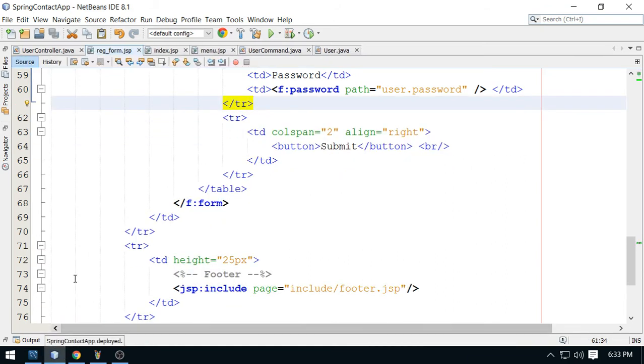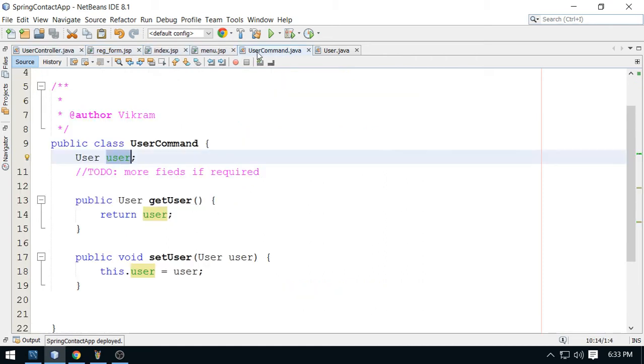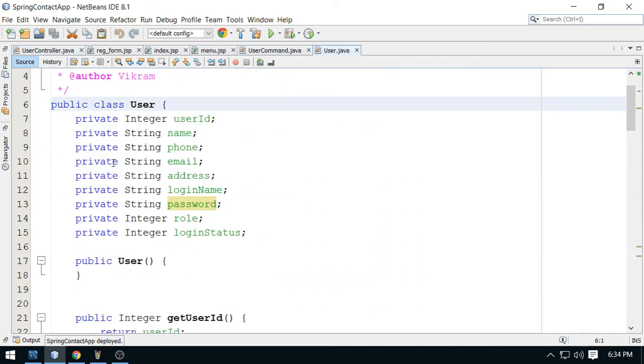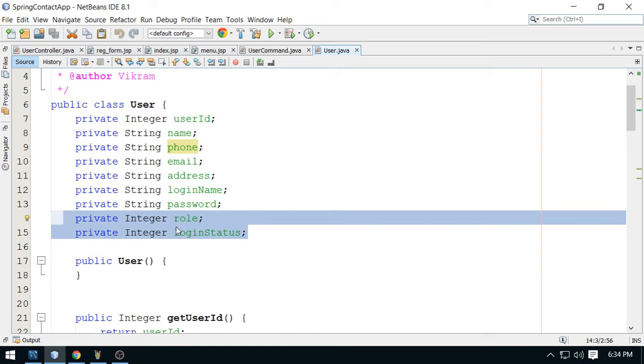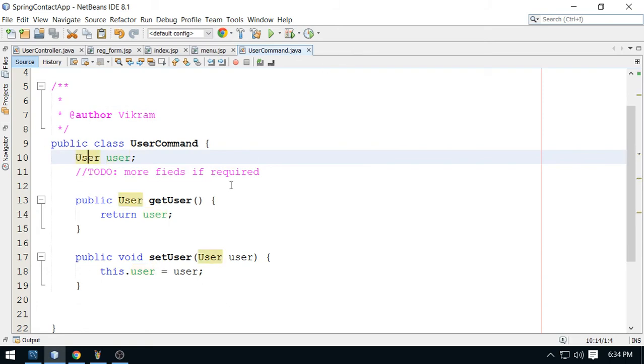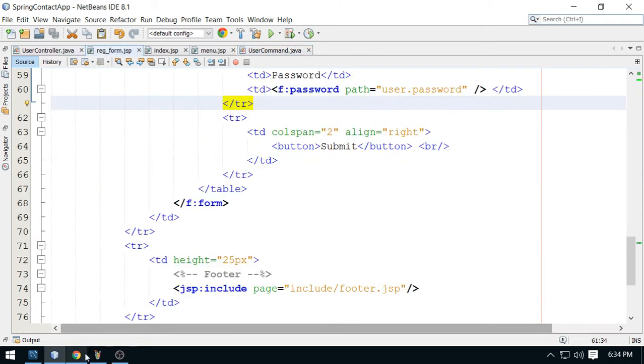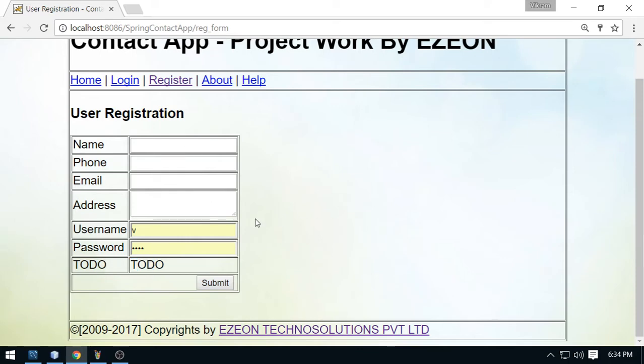Anything else required, just check it once. So go to the user, and we have taken name, phone, email address, login, password. Role and status will be internally managed, so I'm not going to add any field in the form for role and status. Okay, so this is all set. Now the form is ready. This is the form ready, and when you submit this form,